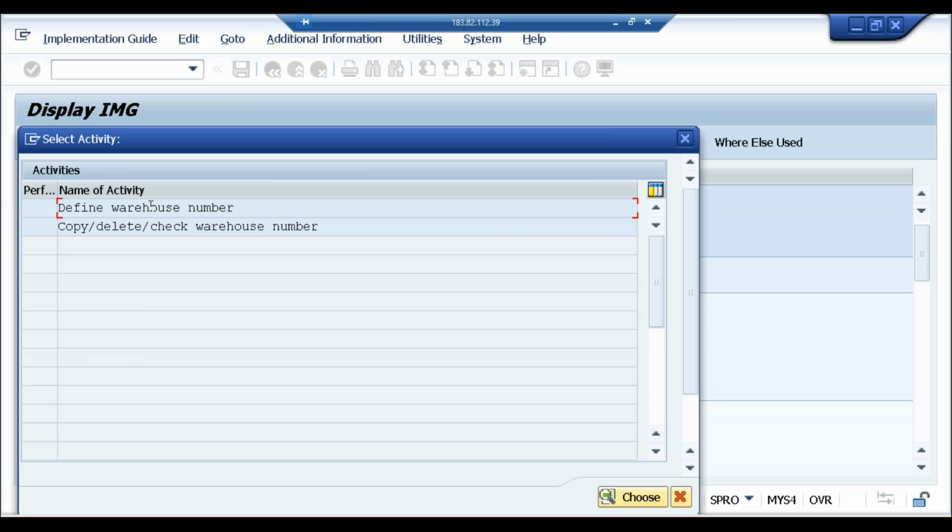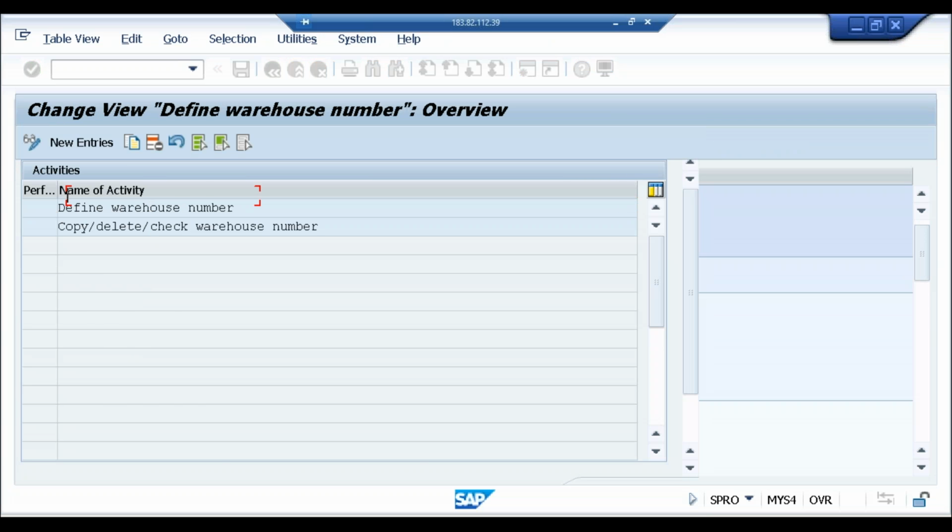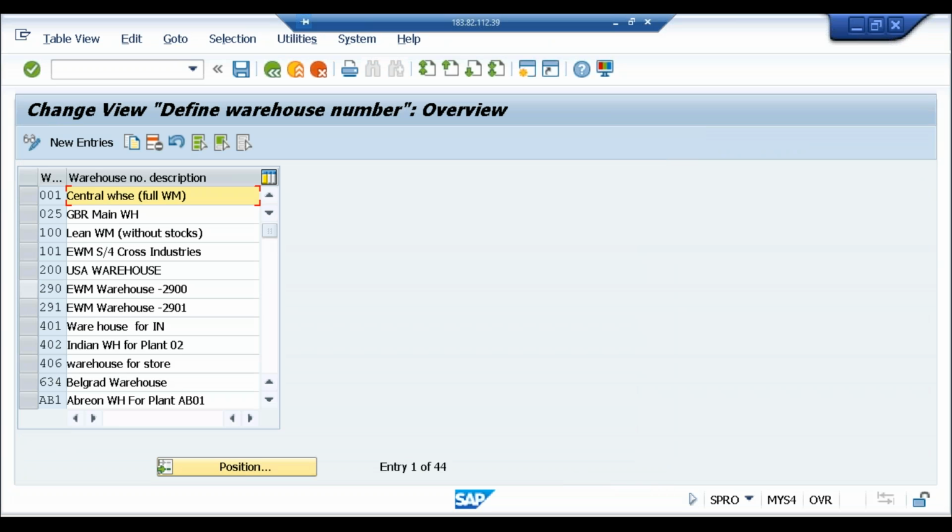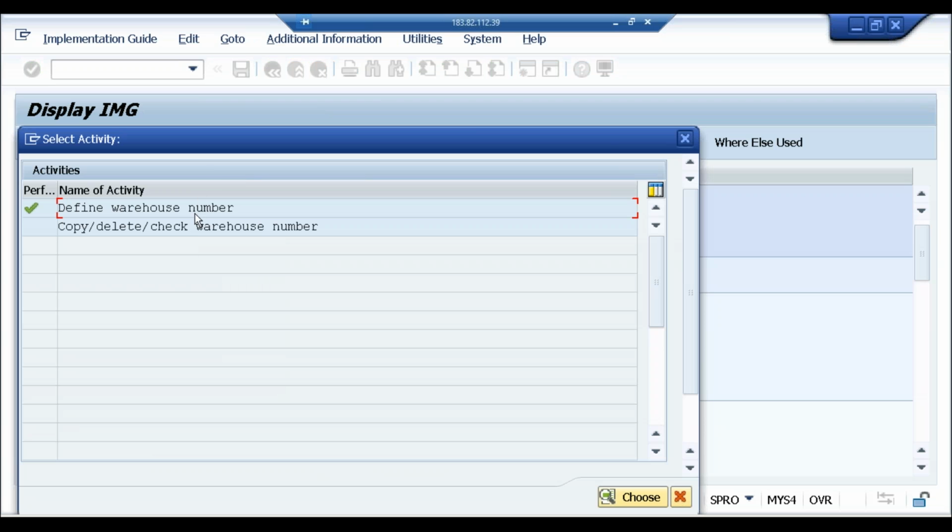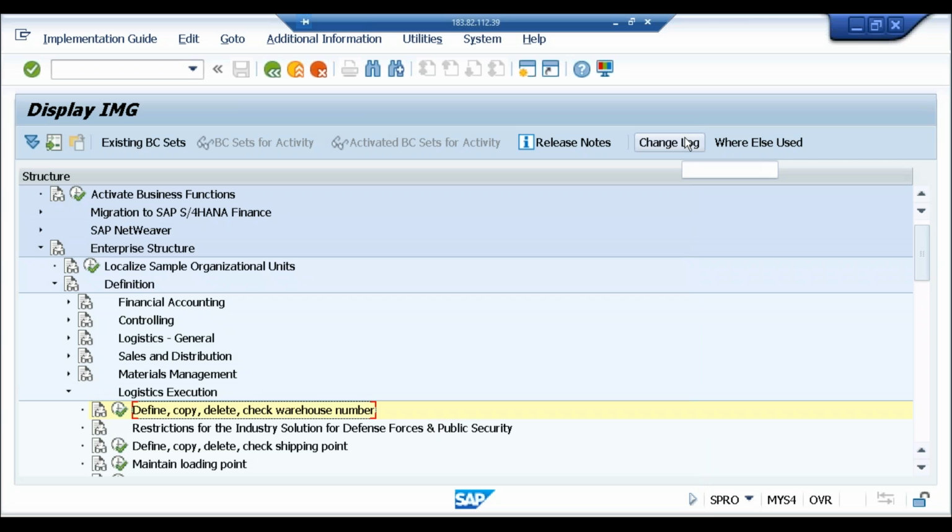Here, 290 is a warehouse number, so we have defined this warehouse number. Anytime you are creating one, you will be copying from this one here. You just copy with the number you want to copy, and it will get copied. Once you define the warehouse number,